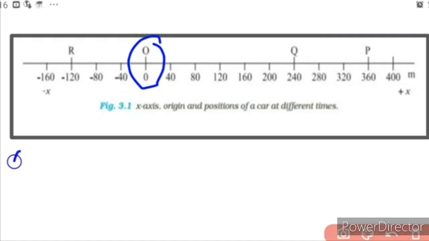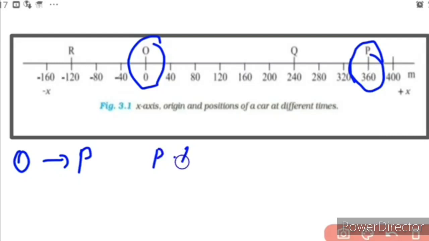Suppose we consider the motion of the car from O to P. So the initial position is O and the final position is P. P is at 360 meter, origin is at 0. So for the motion from O to P, what is the path length or distance traveled? Path length or distance traveled is the length of the path traveled. So it is 360 meter. Path length, I am writing PL,